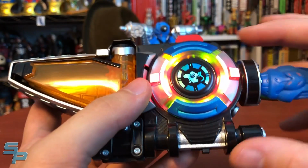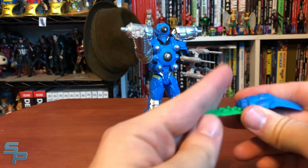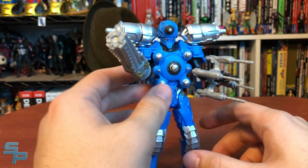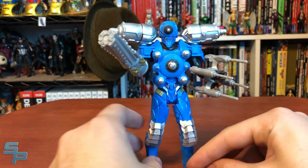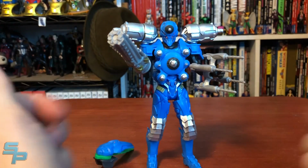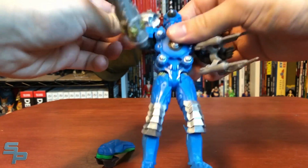Prepare to lose, Rangers. So he actually has two lines. I thought he only had one, because Evox only had one, but yeah, no, this guy's got more lines than the big bad, so good job, Drilltron. So I really like him, I really do, and I hope we see more Monsters of the Week next year. If not, I'm not entirely certain how many more basic figures I'm going to be buying. While I do like the basic Rangers, the Lightning Collection Rangers are pretty much a guarantee at this point. But Monsters of the Week can kind of tip me into a different direction. This guy's awesome. Like, if we get more figures like this, I definitely...